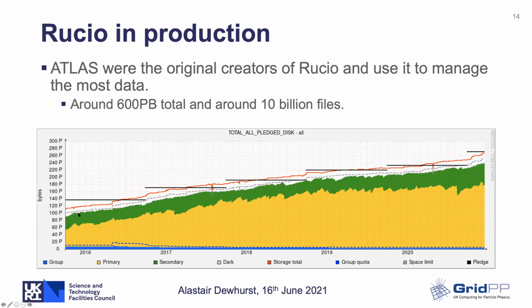So if people have created a rule that says I must have 2 copies of the data, this is known as primary, and so you can see the amount of data that is stored as primary. But then Rucio takes advantage of the fact that it doesn't want to waste space. So if somebody was to come along a bit later and say, well, actually, I only need 1 copy of that data now, it wouldn't instantly delete it. It would leave it there as a piece of secondary data, and it would be cleaned up when it was needed. So this allows Rucio as a data management system to basically keep sites 90% full all the time with